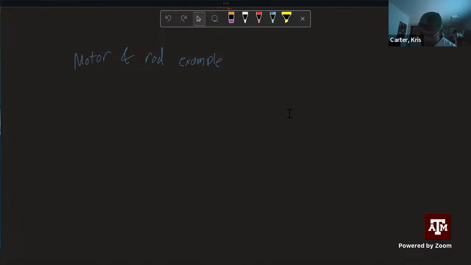So we have a motor, and this motor has a rod in the middle of it that we want. So this is where it starts. We want it to be,